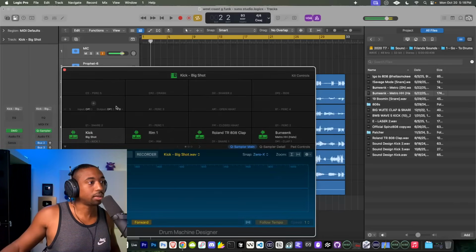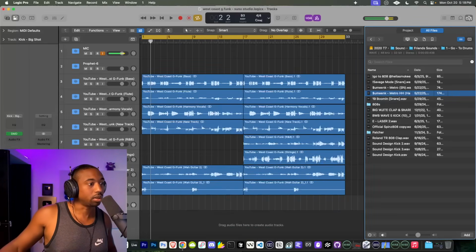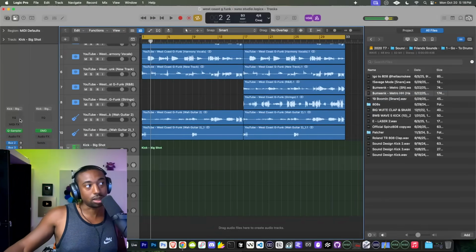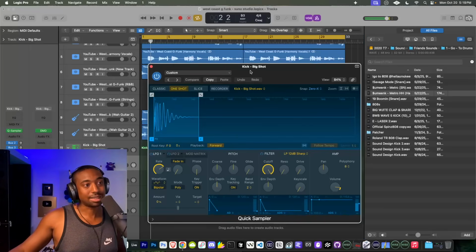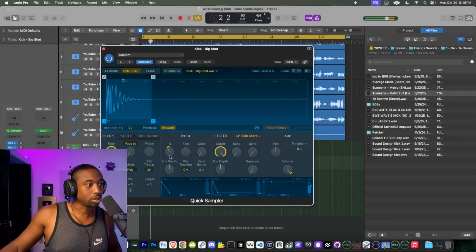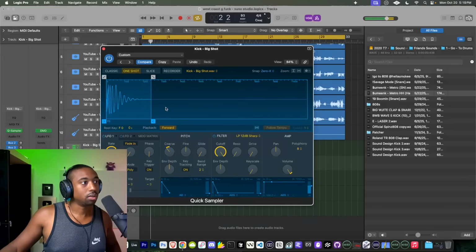So to turn the kick up, we're gonna click out of here. We're gonna go to what's called the track stack, find the kick. On the left side with the inspector, we can open up the sampler and we could turn up the kick. We could use drive, we could use just simple volume. Probably the best thing to do here. We can also pitch it down for more boominess. Okay, so there we go.